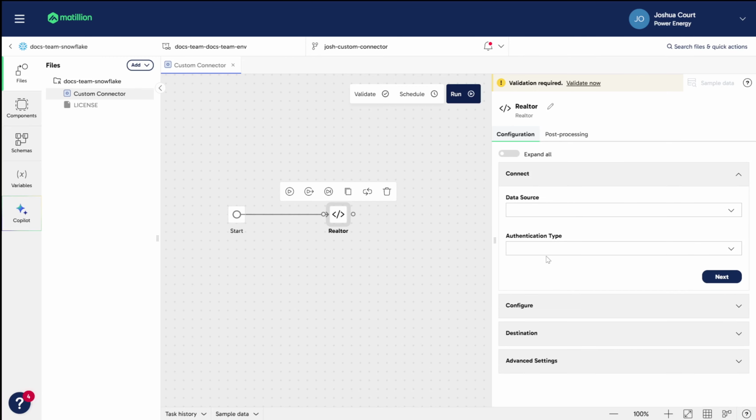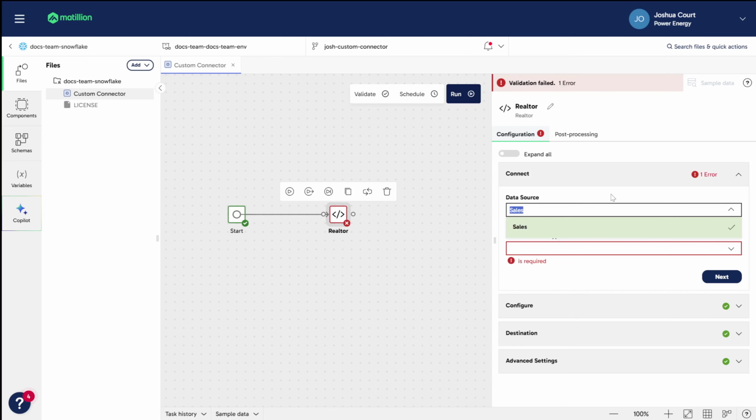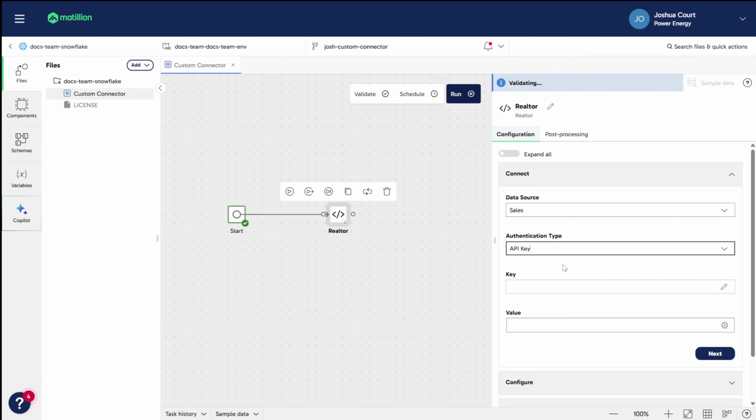First, we choose the data source, which in this case is the API endpoint we set up earlier. Please remember that one custom connector can be set up with multiple endpoints, but in this example, we have only set up one, so we will select that one. Then we select the authentication type, which in this case is an API key.